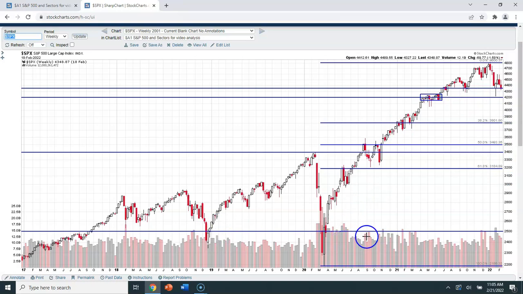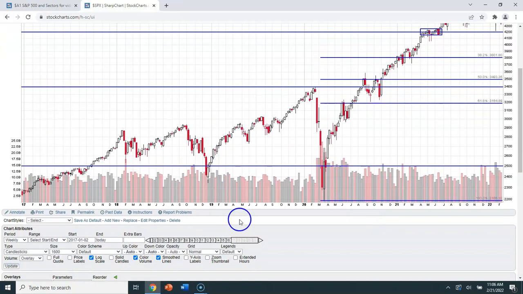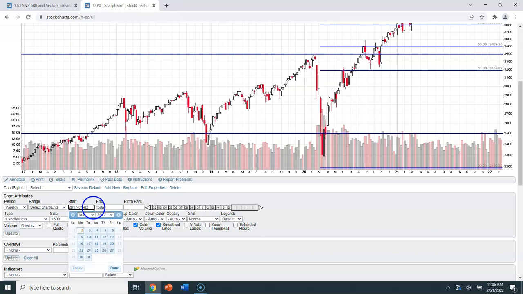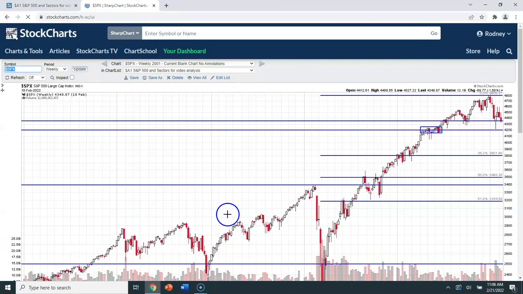Now, if we look at Grantham's downside target of 2,500, you can see in that range there's some trading right in here, right in here, right in here. So the lower you go, the more likely these scenarios are going to hold up. But I think, and I'm going off of memory here, let's go back a little bit further, I think this 2,200 level, unfortunately, has even more support